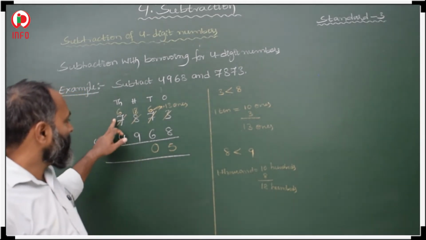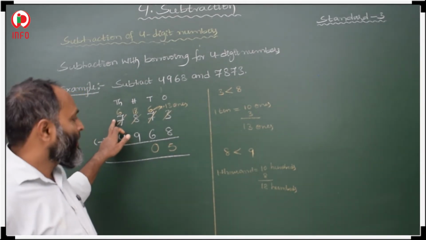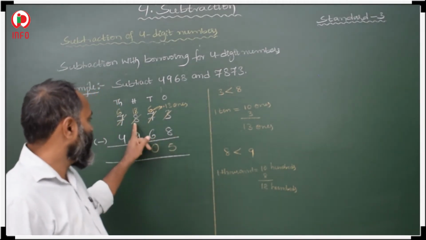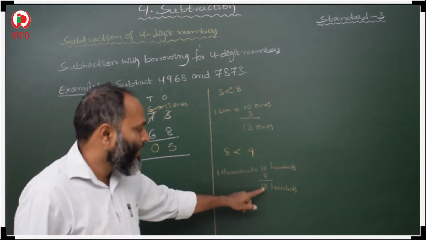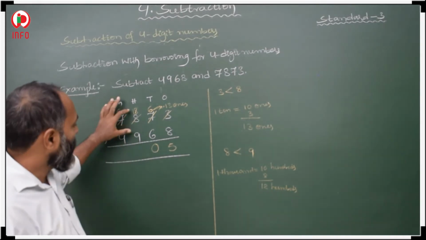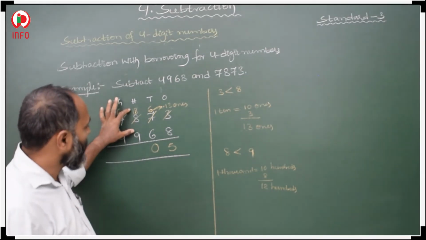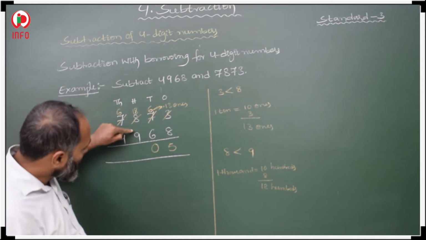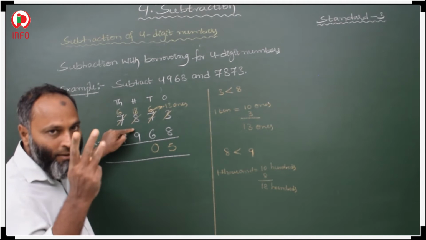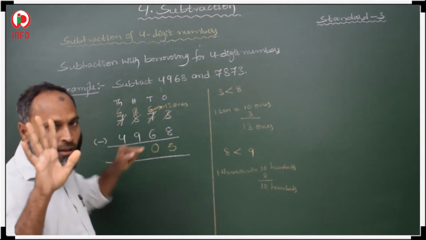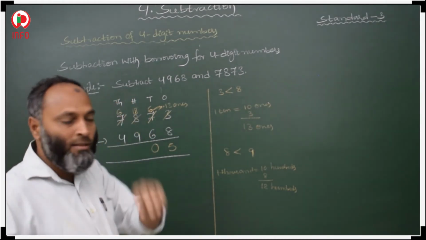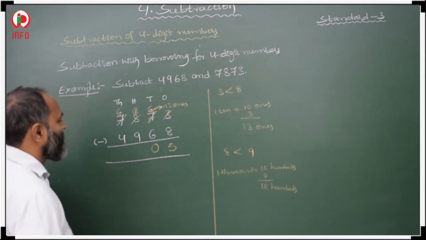Here how many thousands are there? 7 thousands are there. I want to take 1000. 1000 is equal to 10 hundreds, and here 8 hundreds. 10 plus 8, 18 hundreds we will get here. Then 18 minus 9. How to subtract? 9 is there now. From 10 to 18 you have to count. 10, 11, 12, 13, 14, 15, 16, 17, 18. Total 9. So your answer is 9 here.